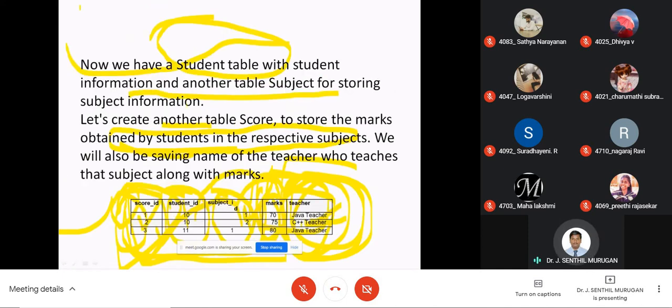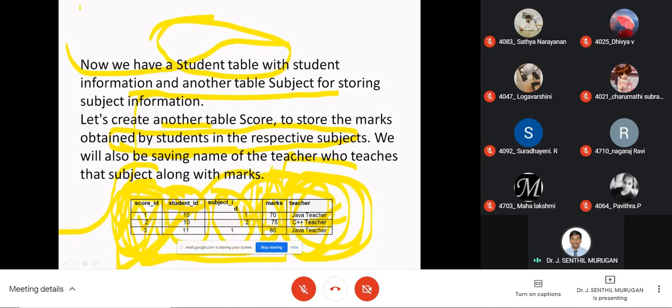But after that, we are going to use the particular student name to have another score. We need a score for the particular primary key. We are adding a column called score ID. The primary key is added with the subject ID.